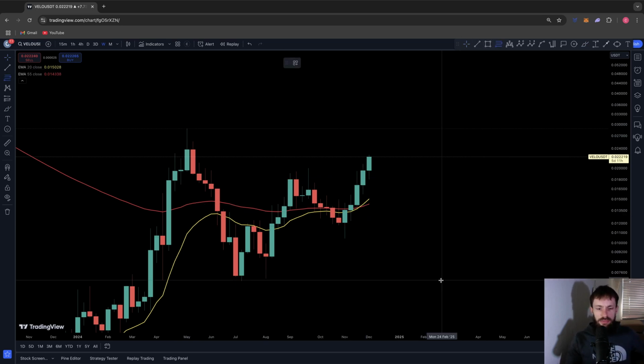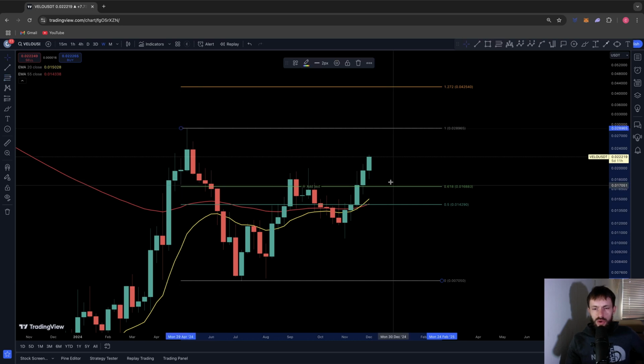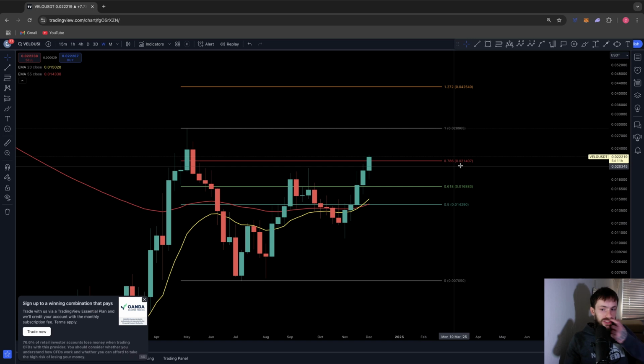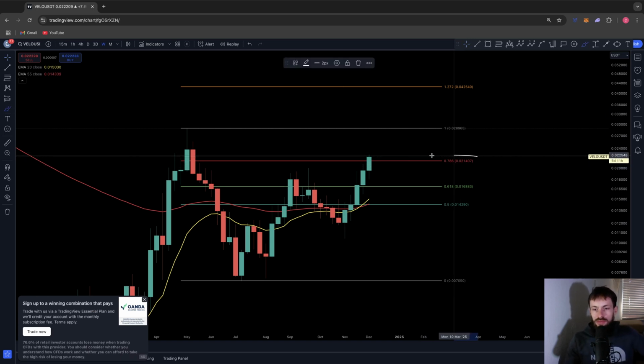And this might actually be the 0.786, which I think is where VELO's sort of maybe at now, actually. Let's have a look. So actually, we've reclaimed that. So the 0.786 sits at 0.021. So this might act as a level of support moving forward if we do see any sort of